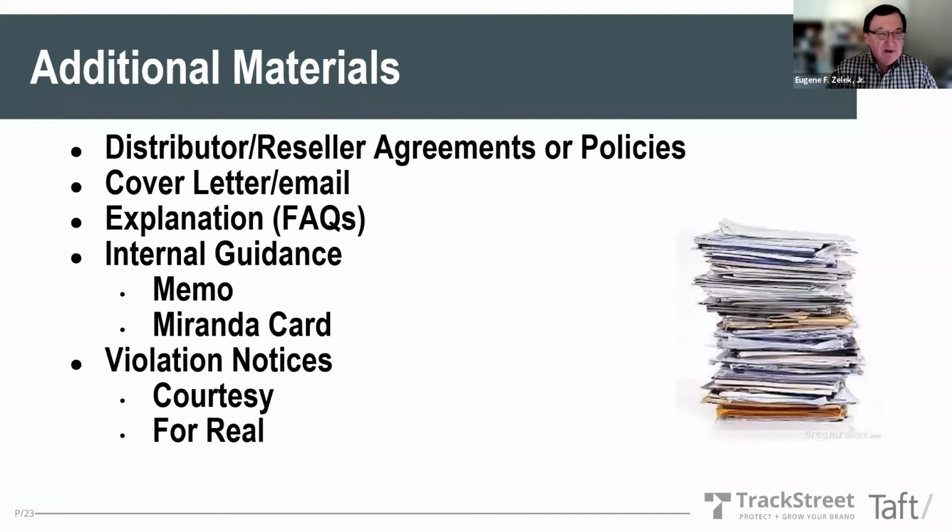Additional materials that often cover policies, distribution or reseller agreements or policies. It's really important, and a lot of people miss this point. They think they do a MAP or MRP policy and the world's a better place. But part and parcel of that is you've got to be able to control distribution. For manufacturers that sell to anybody with a pulse, no wonder their product is discounted and they just simply can't get a lid on it.